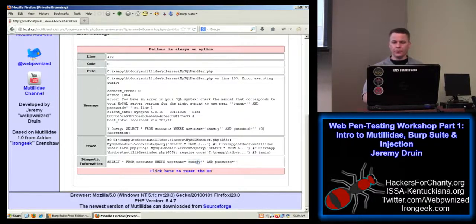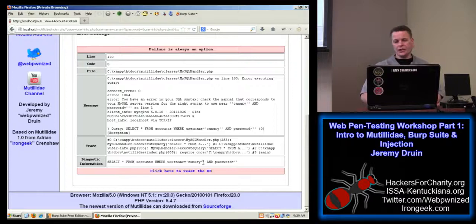But at some point, we're going to need a prefix of a single tick, because we're going to have to close out the one that's already being supplied by the application code itself. If we don't close this one out here, our injections are not going to form a syntactically correct SQL statement, and they're not going to work.